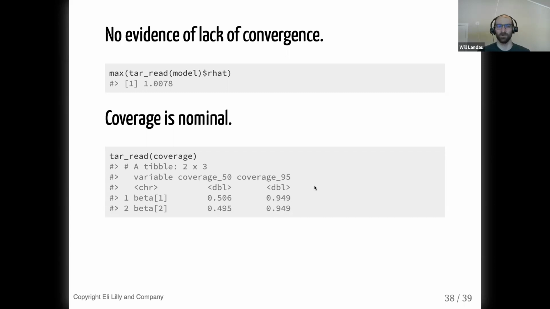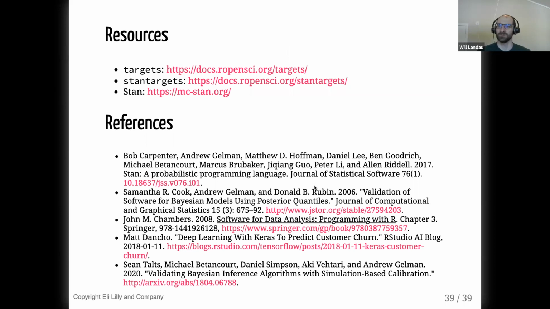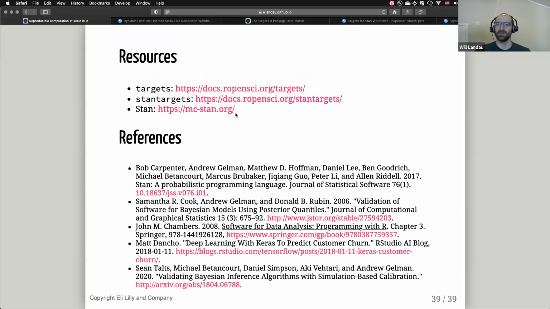And this is what we're seeing looks pretty good. Now, there are a lot of resources on targets and stantargets. There's a lot of good stuff here for Bayesian statisticians who do a lot of pipeline work in R specifically. I encourage you to check this out if you're interested. Ask me questions, etc. With the time that I have left, I'm actually going to